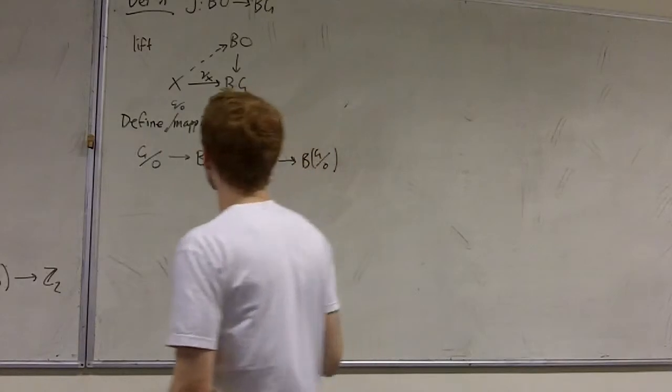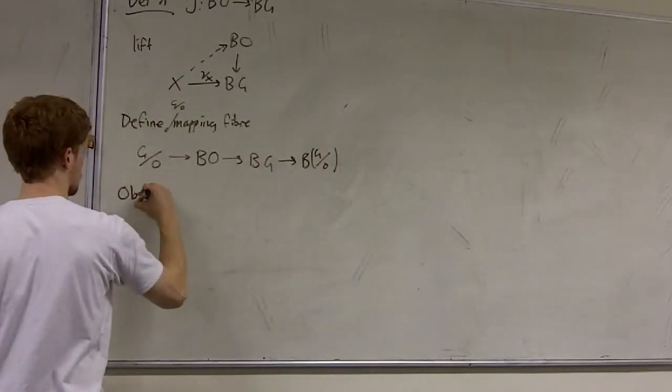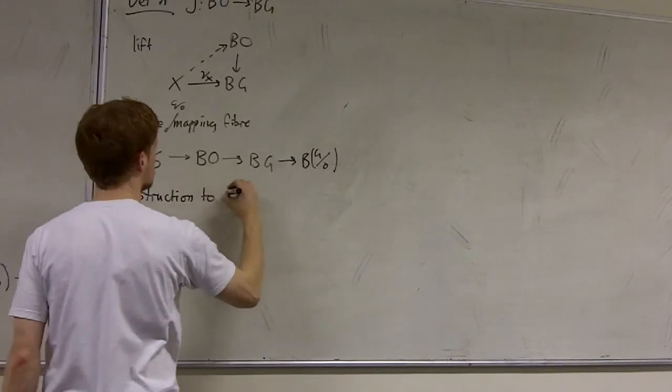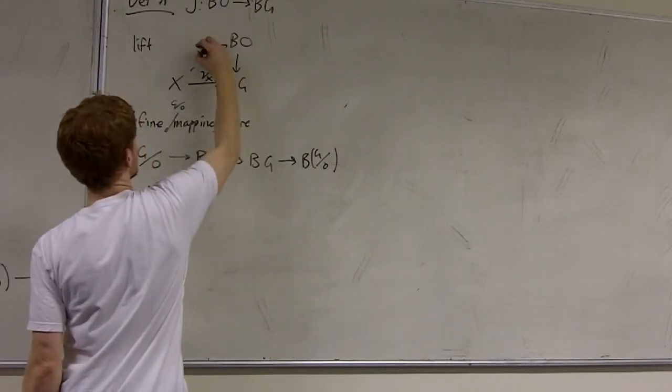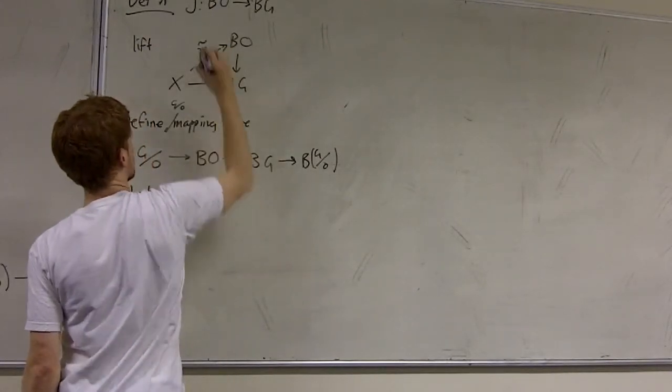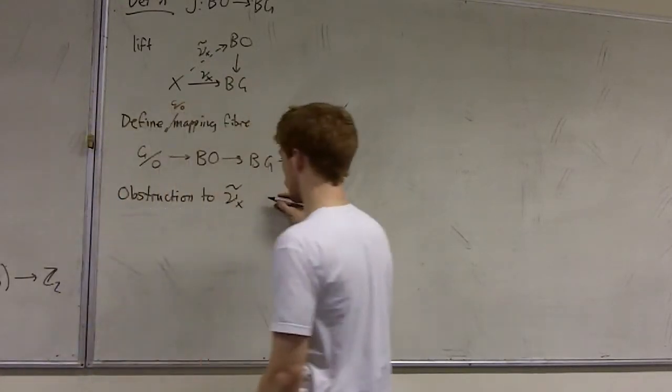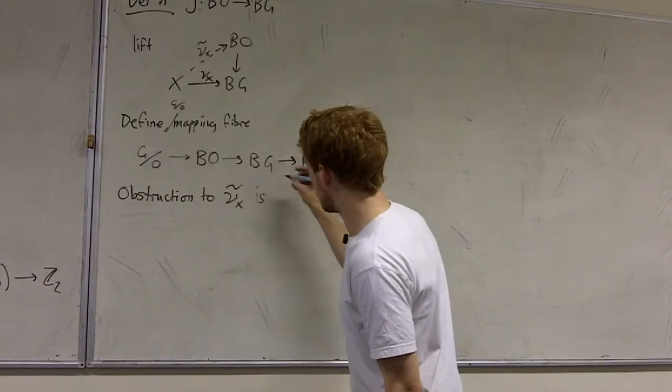So in fact, the obstruction to the lift, so let's call that lift, obstruction to mu x twiddle,